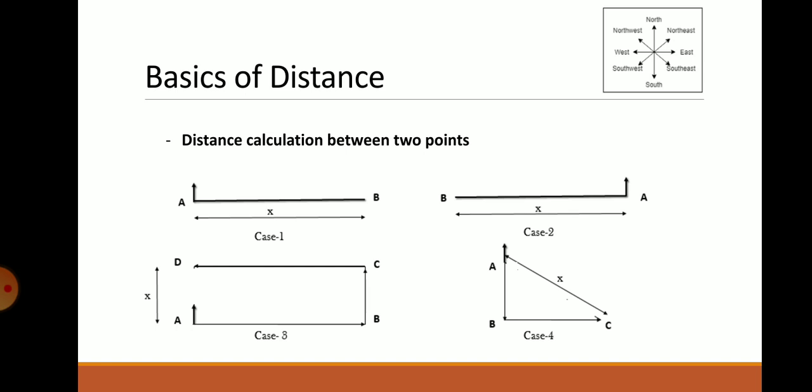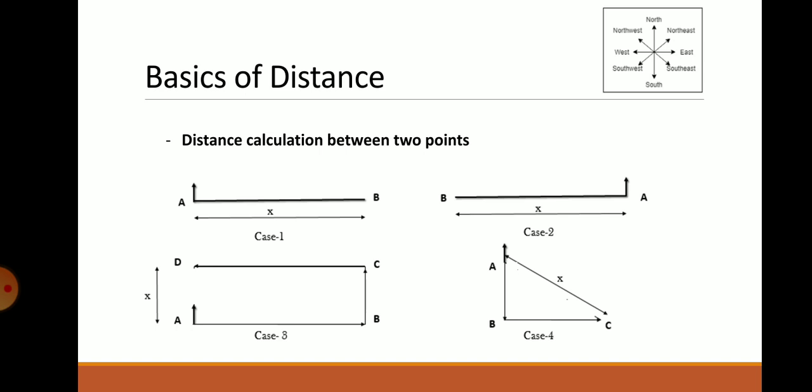Now in the first case, you can observe that at point A, suppose you are facing towards the north side and standing at point A, and you have moved by x distance towards your right hand side. Then you have to draw one line AB towards your right hand side, that is towards the east side, and that will be x distance, and the distance AB will be the distance which you have moved.